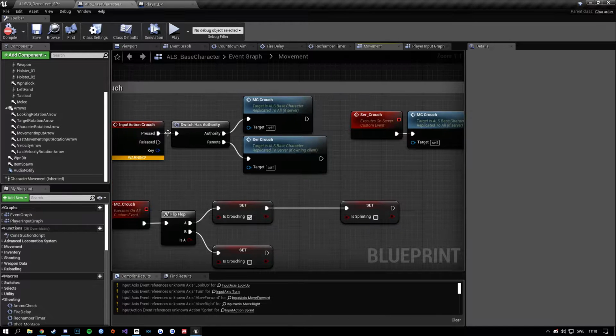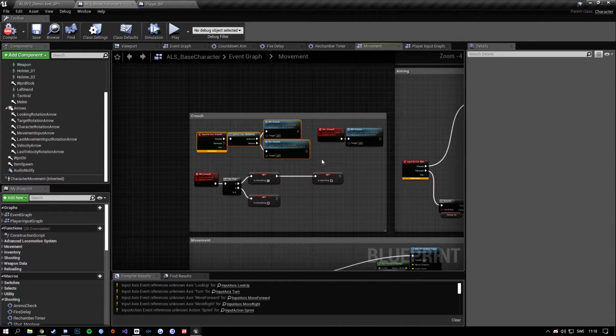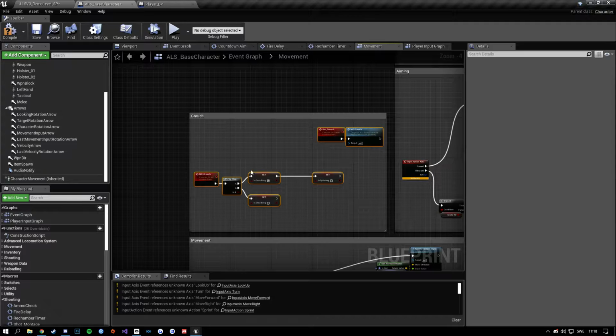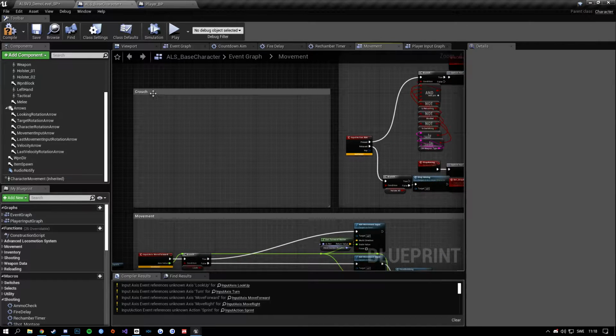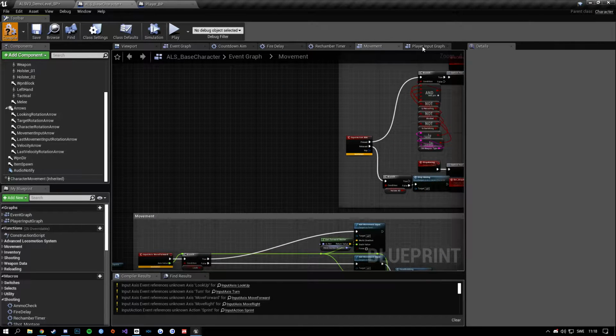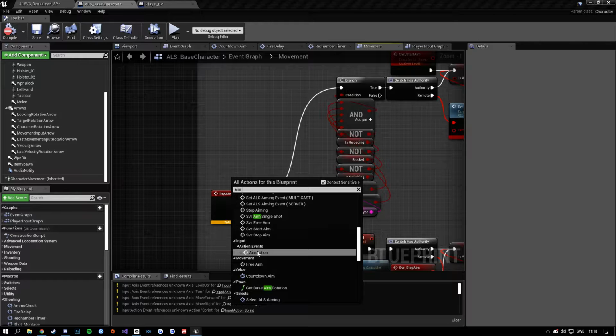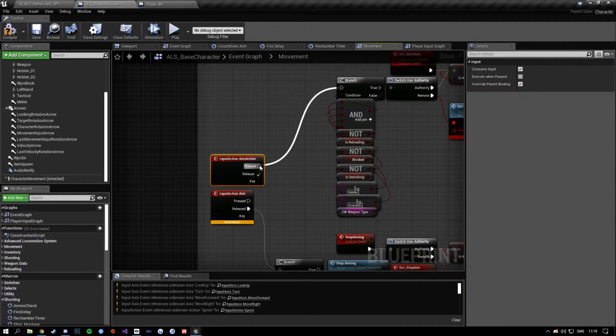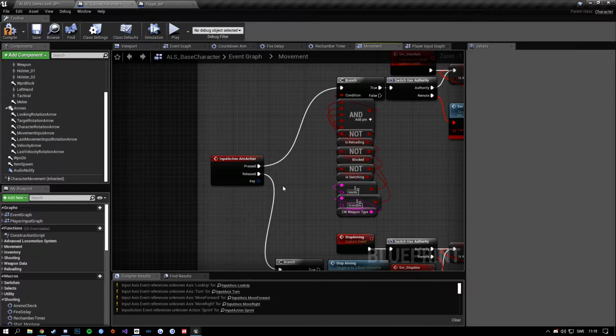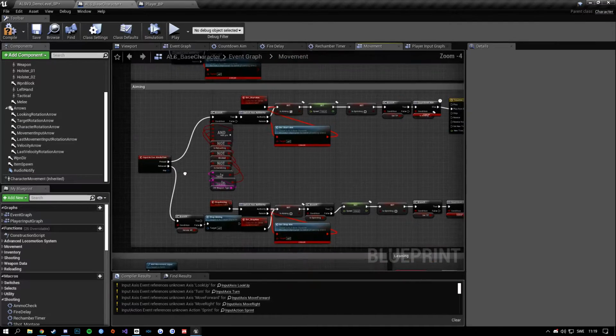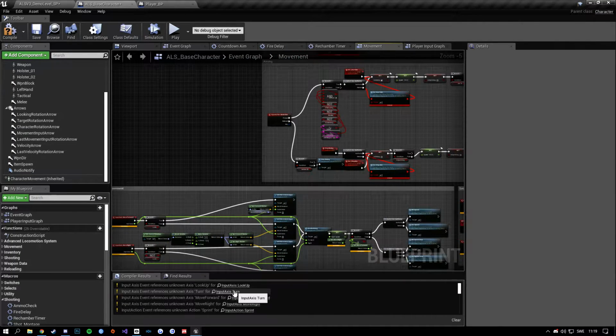Compile, okay, movement. So let's remove this crouch stuff here because we're not gonna need it. Because it's in here already. Compile. Aim, we already have one for that. Aim action, it's called in here. So select like that. And